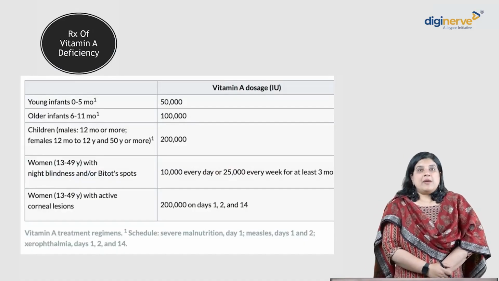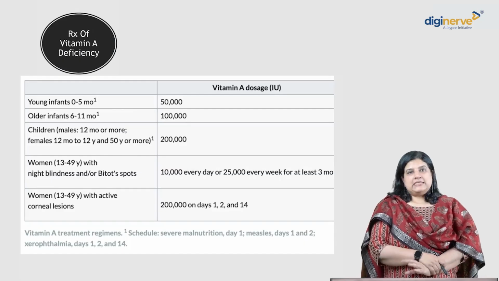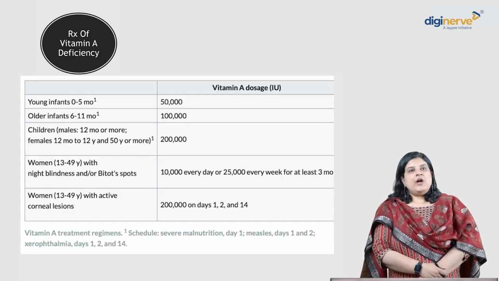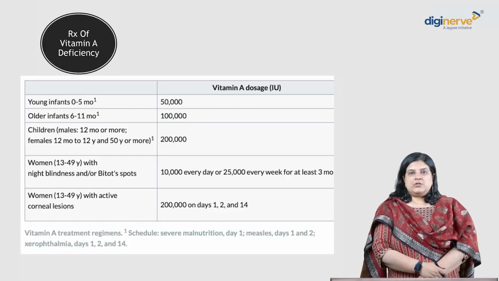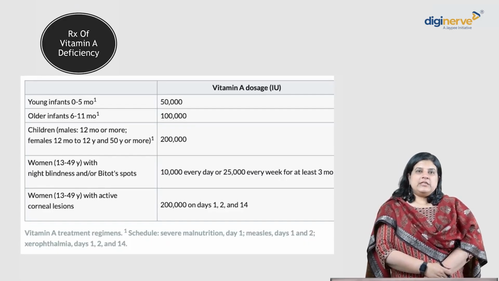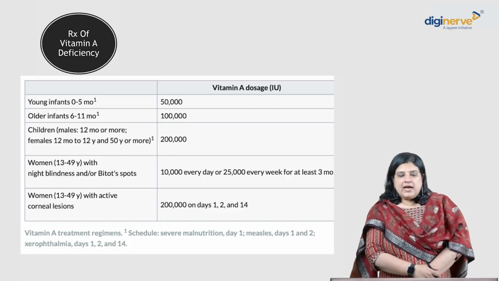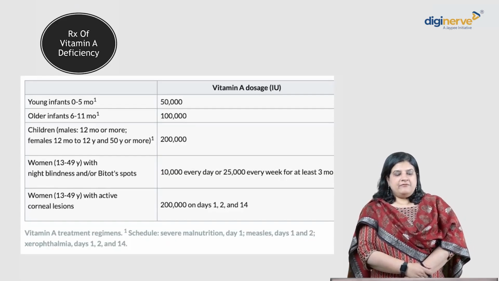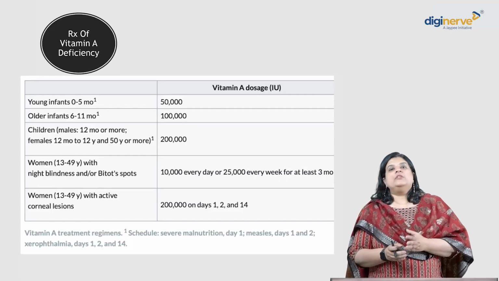You need to remember the treatment of vitamin A deficiency because it can come as a community medicine question, it can come as an ophthalmology question, or it can come as a pediatrics question. For young infants less than 6 months old, 50,000 international units of vitamin A are given. For older infants from 6 to 11 months, 1 lakh international units of vitamin A are given. For children, males 12 months or more, and females from 12 months to 12 years, and 50 years or more, the dosage is